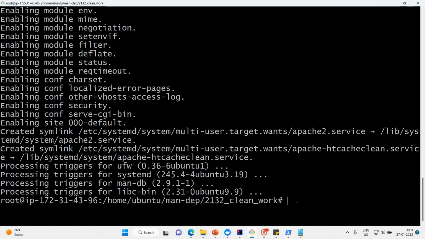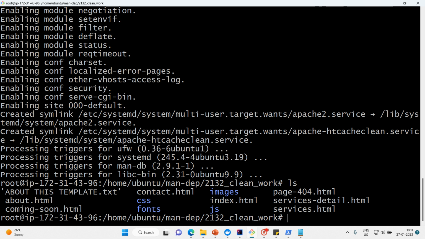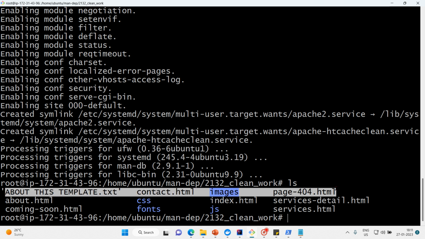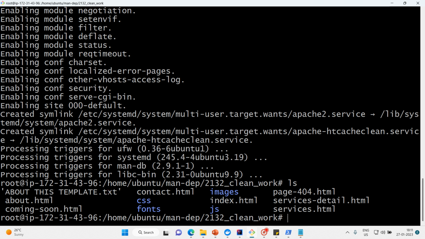Okay, so ls, this is my directory. Inside that, this is my source code. I have about.html, contact.html, that is one page, index.html, this is another page. And whatever images that will be shown on the